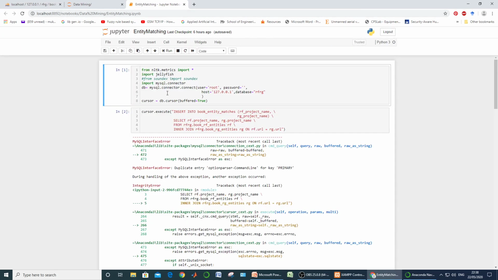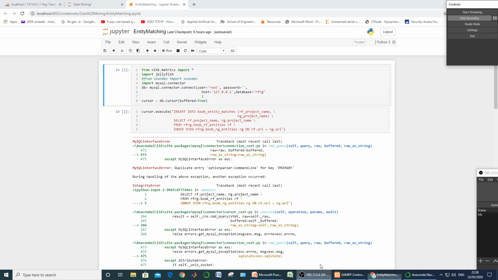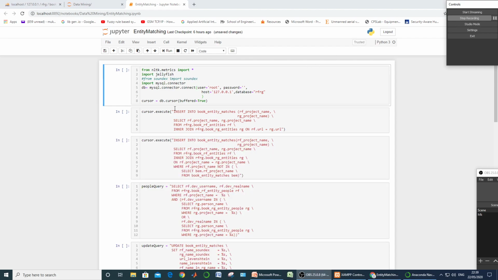So this is your entity matching code. The first block is simply the database connection setup.